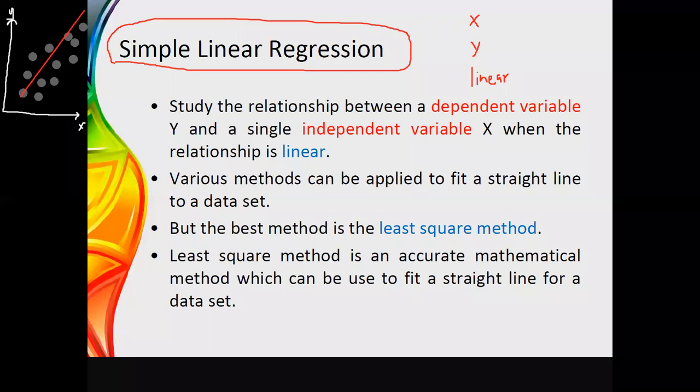Another person may say that this is not a perfect line, the perfect line should be this. And anyone may say that this can also be a possible line. Likewise, there may be several